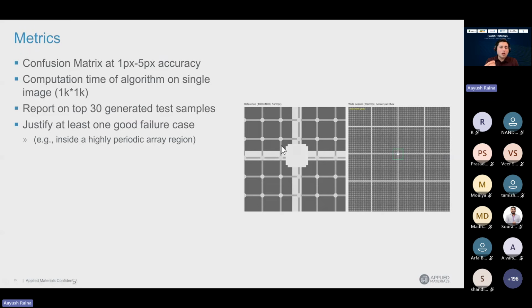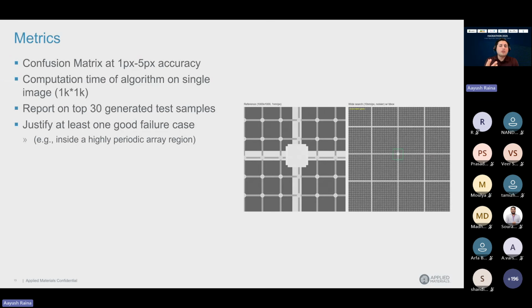Then you will create a model which will find it inside this, and then you need to see how much the error is. Is it 1 pixel, 2 pixel, 3 pixel, 5 pixel? With that you'll come to know how good your algorithm is, whether it is capturing the exact spot or making some slight errors. Slight errors like 1 to 5 pixels is a good model. But we want to see how good it is, and we want to see this confusion matrix at different thresholds. So we'll give a utility to produce such matrices.